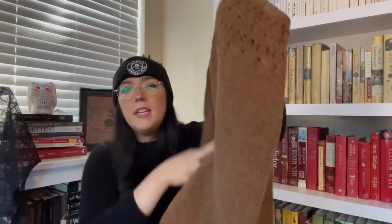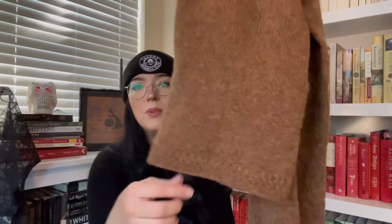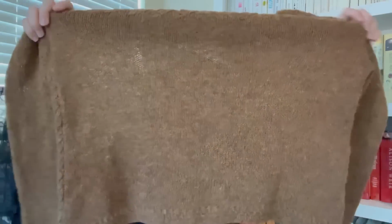I feel like the detail at the bottom was a little bit lost. It's like you knit a few rows of regular, oh my gosh, I'm forgetting what it's called. Ribbing. You knit a few rows of regular ribbing and then you alternate. So that's a few rows and then you swap to where you were knitting before you're purling, where you were purling before you're knitting, etc. And I do really like that, but I kind of think it got lost in the rustic wool, especially because